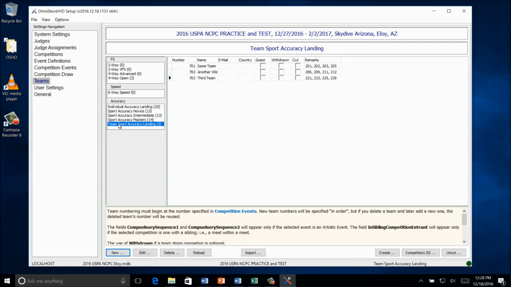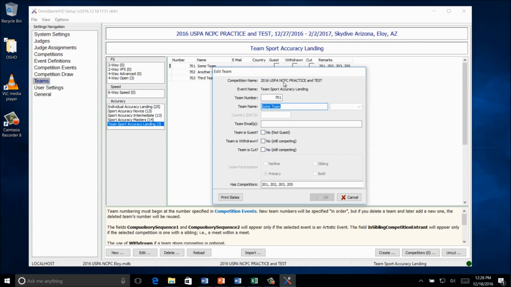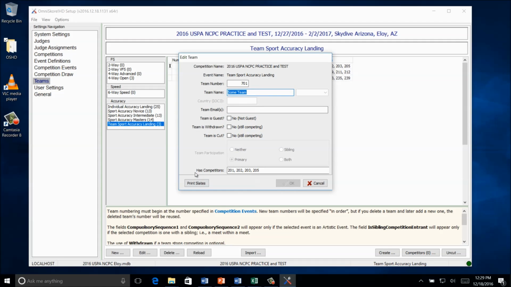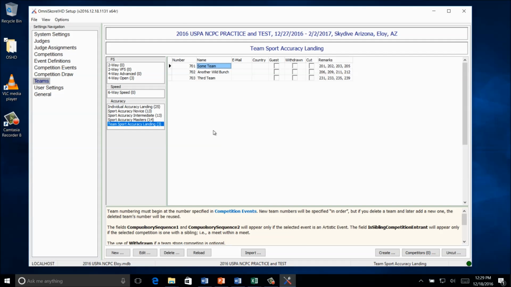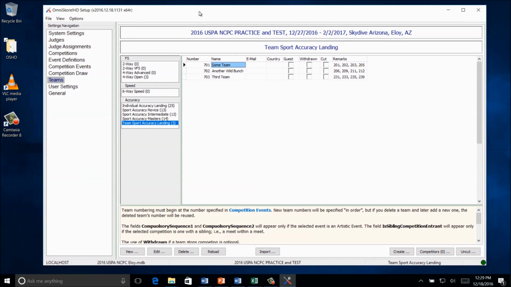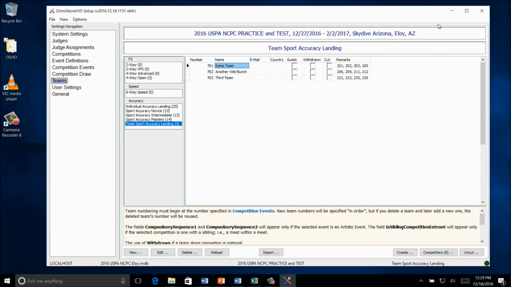The most important thing I wanted you to remember is that for the team sport accuracy landing, you have to put the constituent members in the remarks column for each team. When you have the editor open for the team, that remarks field is relabeled, has competitors. This is really the remarks field. All right. And with that done, I'm going to go ahead and show you a quick